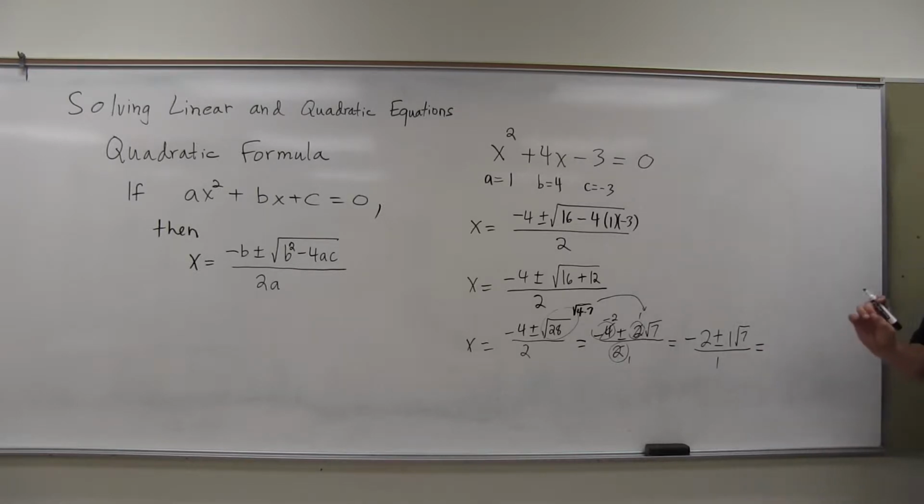The only thing we have to write, this one and this one are not necessary. We don't have to write those, so it'll be -2 plus or minus square root of 7. So there's our